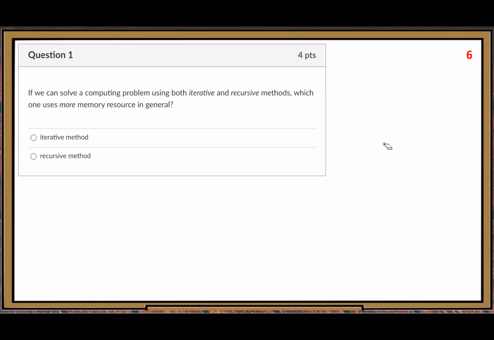The first question in quiz 3. If we can solve a computing problem using both iterative and recursive, which one uses more? In general, recursive. Because recursive, we need to consider the special internal implementation way. I explained in the notes, a special data structure stack is used for